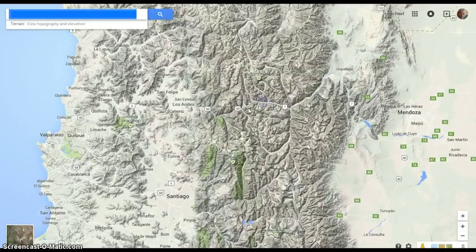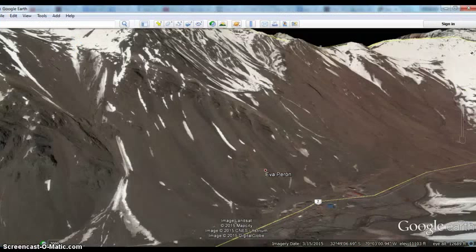And I have photographs, and I was curious to see if this was going to be similar to what I see in North America. I'll let you folks decide that. This is Google Earth. I won't be able to post a link. I don't know how to post links to Google Earth, but here is the Eva Perón immigration station, about 13,000